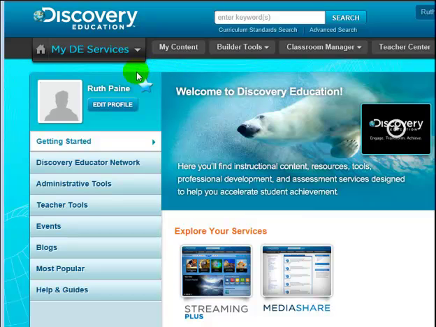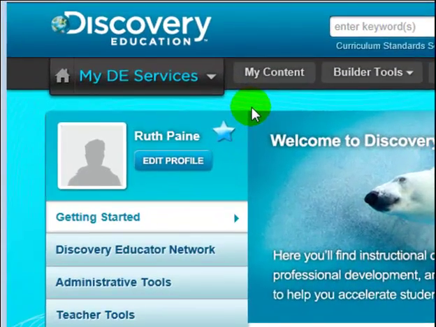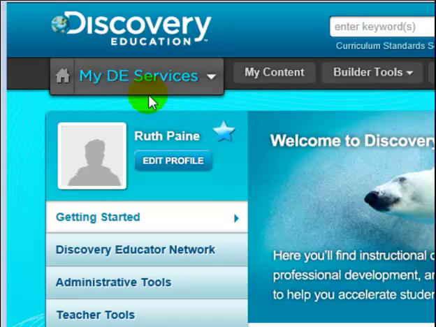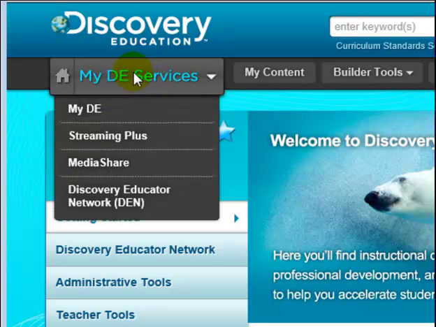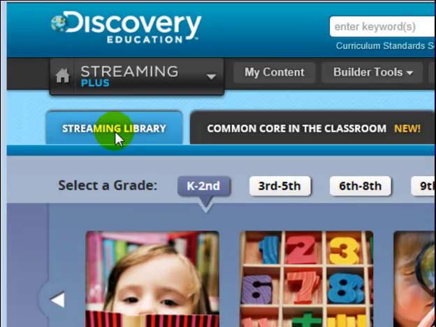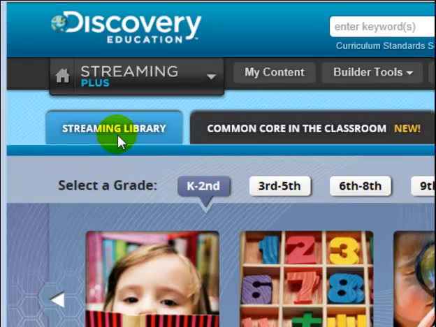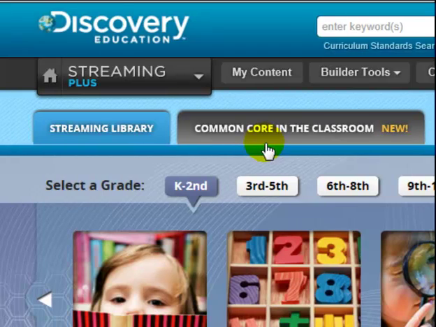If you don't, as in this example, go to the action bar at the top of the screen, roll your mouse over the My DE Services link, and then a drop-down menu like this one will appear. Select the Streaming Plus option. You should then see the Streaming Library tab along with the Common Core in the Classroom tab. Select the Common Core tab,